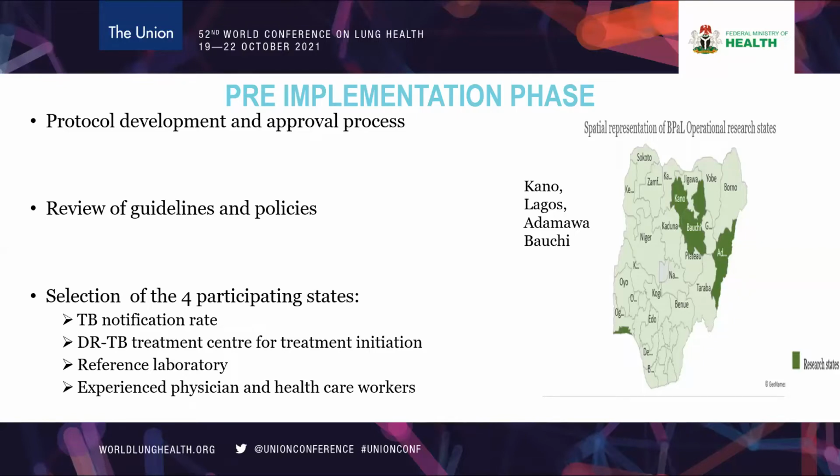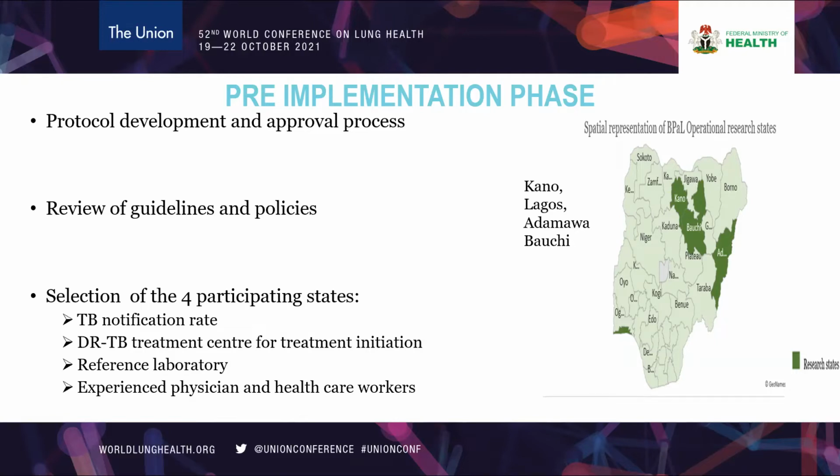And these are high burden states because the selection was based on some criteria. States that have very high TB notification rates, like Lagos and Kano, maybe Bauchi and Adamawa also. And then another criterion was that the state must have a DRTB treatment center so that patients who participate in the research will be initiated in the treatment center first